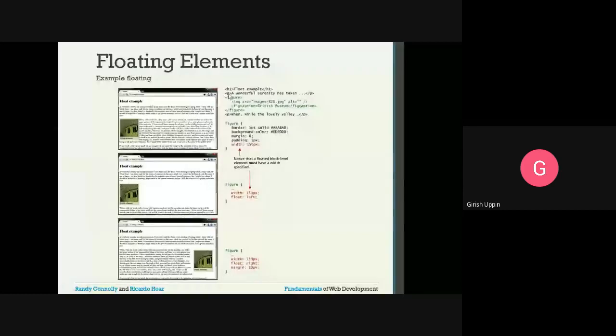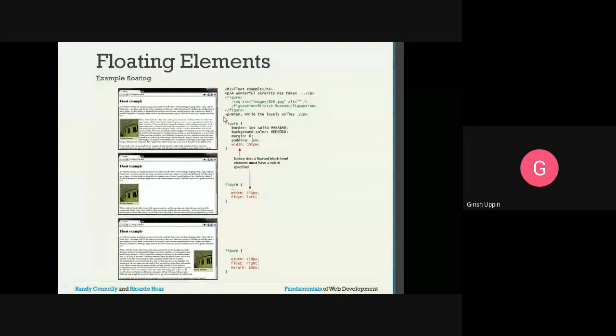Then I have an image. A figure element. Inside the figure I have an image, src, the location of the image, this is the alternate attribute, and the close of the image element. Then for this image I have a caption, figcaption, that is the HTML. It's here, British Museum, close of the figcaption, close of the figure. So after this figure we have one more paragraph.